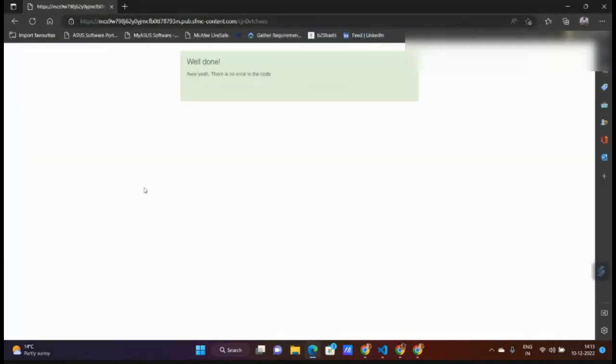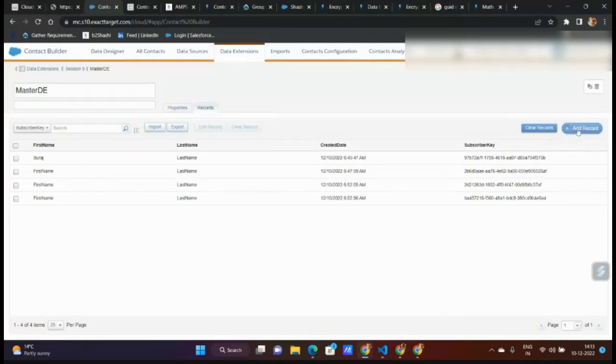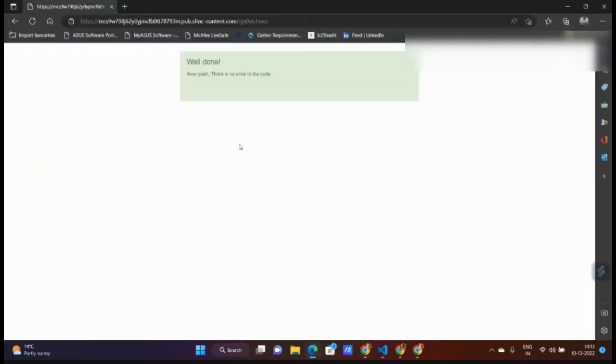Let's try here. Maybe I could have printed what value it is showing, which would have helped us much better. So I'll just modify a few lines of code to show you all. Now this is Sumit. If I went to another browser after some time,